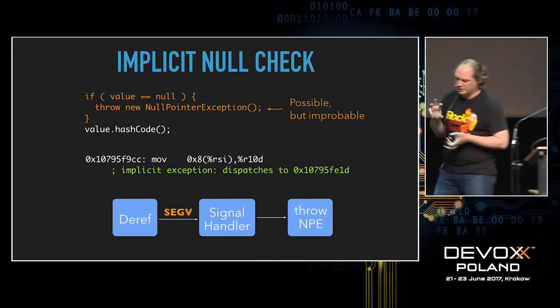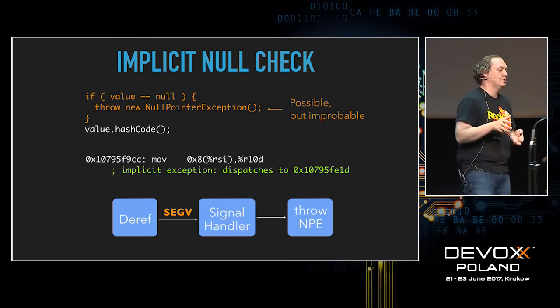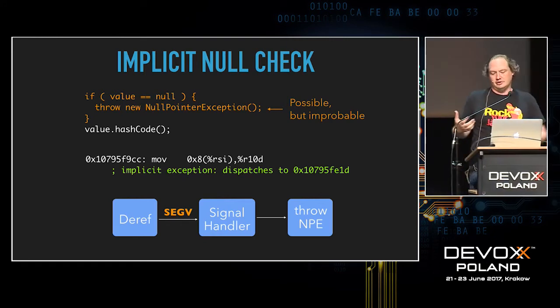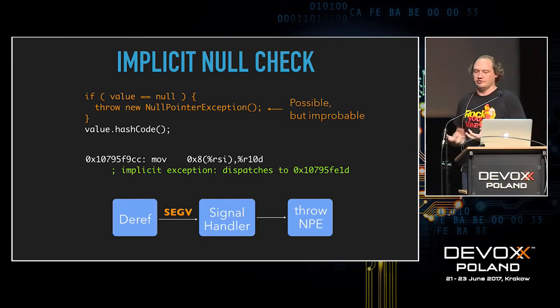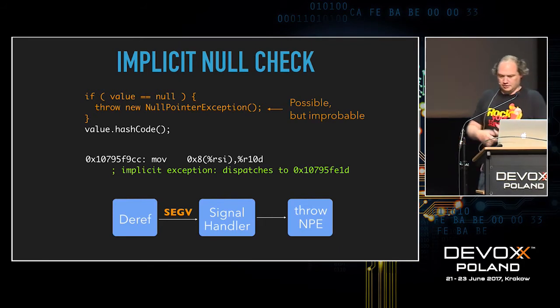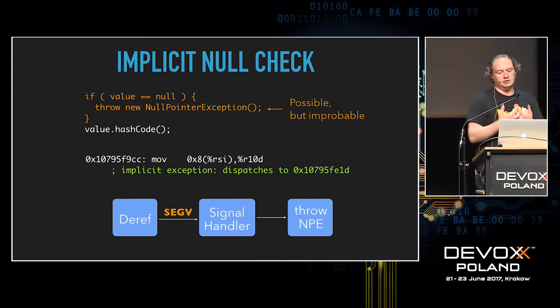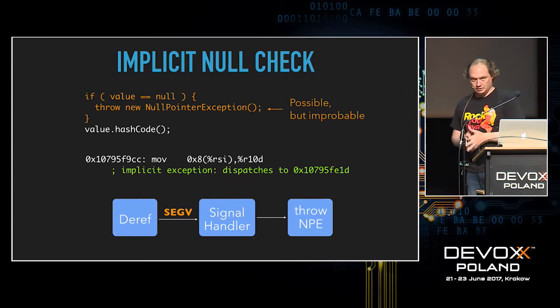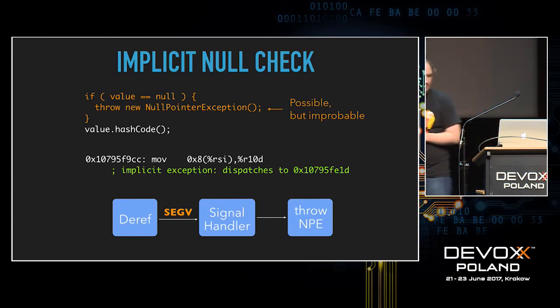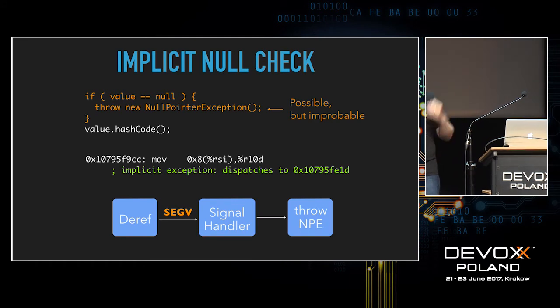But it's actually kind of interesting to look at what's going on under the hood here. You would think this call to value.hashCode must have an if value equals null in front of it, throw null pointer exception. That is, in fact, not what it has. If you wanted to use JITWatch and look at the actual machine code, you'd find basically just a straight dereference of memory at RSI, the register that holds value, with the comment, implicit exception dispatches to some arbitrary exception